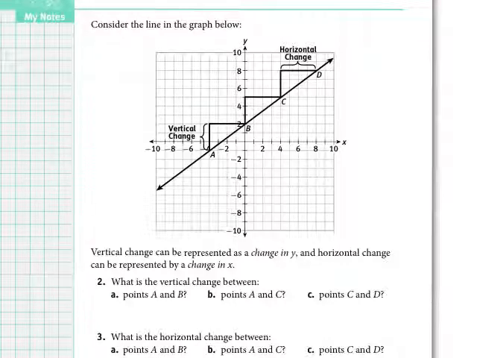Everybody show me vertical change with your finger. Show me vertical change with your finger. This would be vertical change, right? Up and down. So an up and down motion would be vertical change. So if I'm trying to find the vertical change between A and B. So when I'm finding slope, because that's what this is getting at, when I'm finding slope from a graph, a